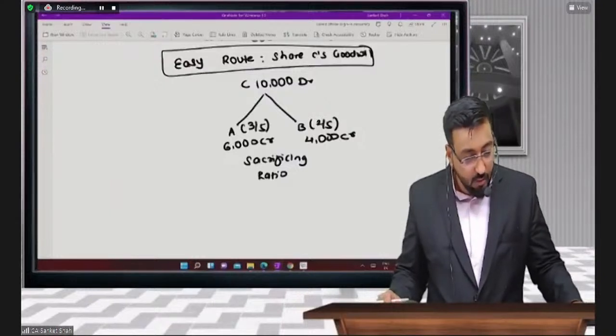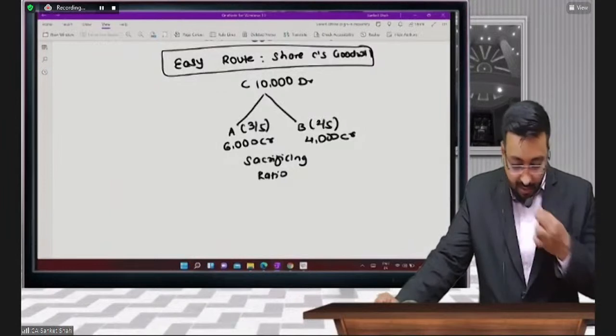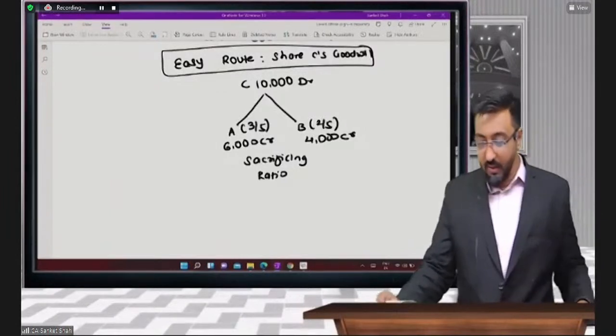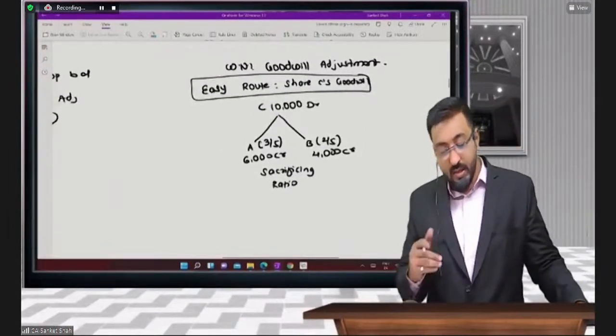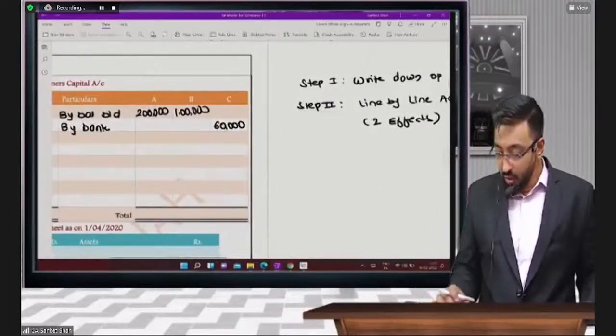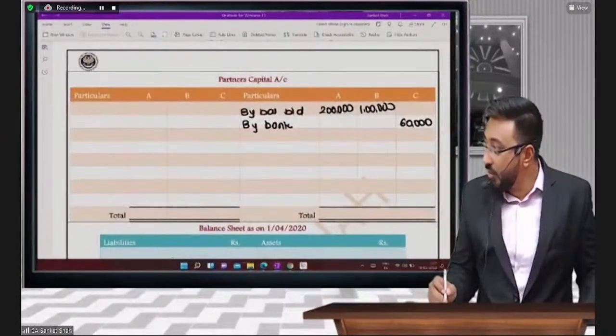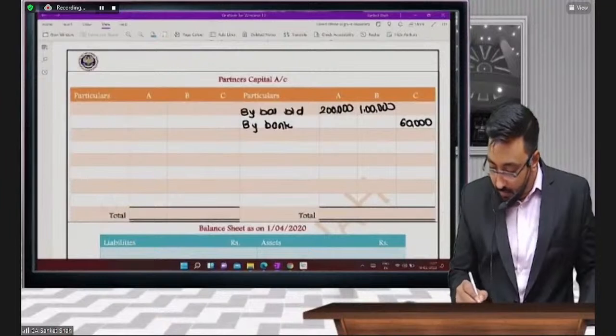Very good. But a total goodwill is very difficult way. Okay. So directly we will divide. Easy route is share C's goodwill directly. Okay. So here C's account will be debited